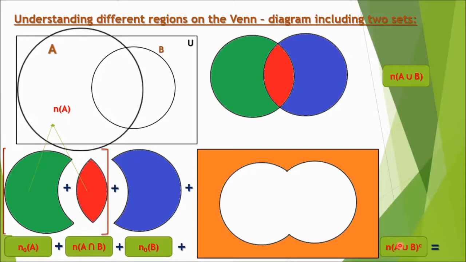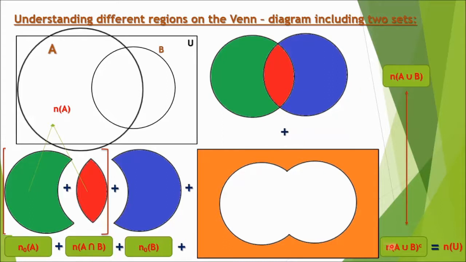If we combine all these small parts of the Venn diagram, then we are going to get a bigger rectangle, a whole rectangle. That is our second formula. So what is our second formula? Only A plus A intersection B plus only B plus n(A union B complement) is equal to n(U). Now next one, if we add these two,